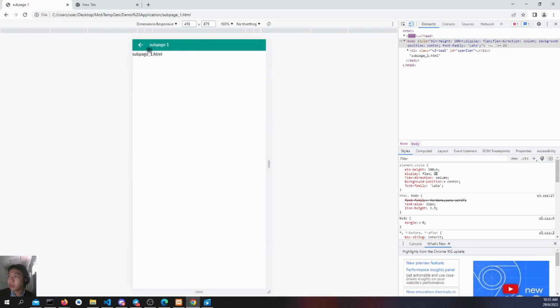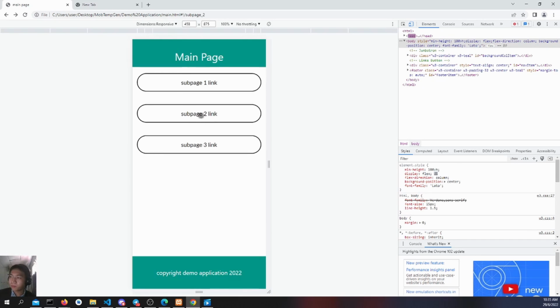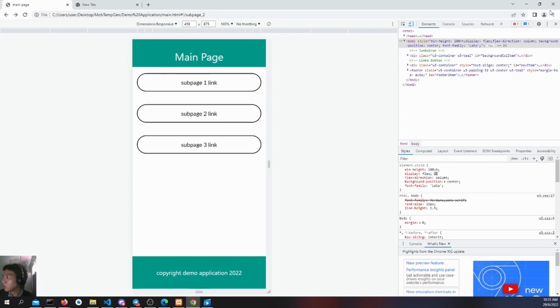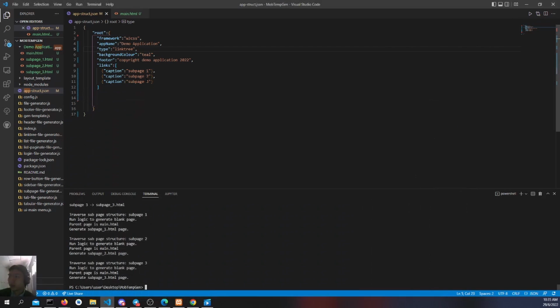So when we click, it adds the back button. So it has a condition to identify whether this is a Linktree, multi-page or a single page application. If it's a multi-page application, the subpages need a back button for the user navigation. So like I said before,